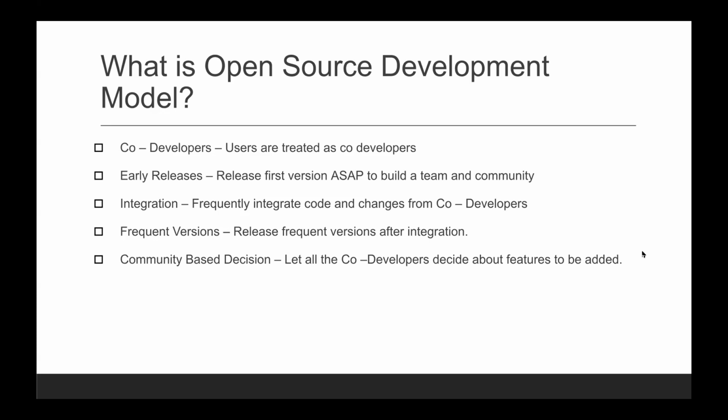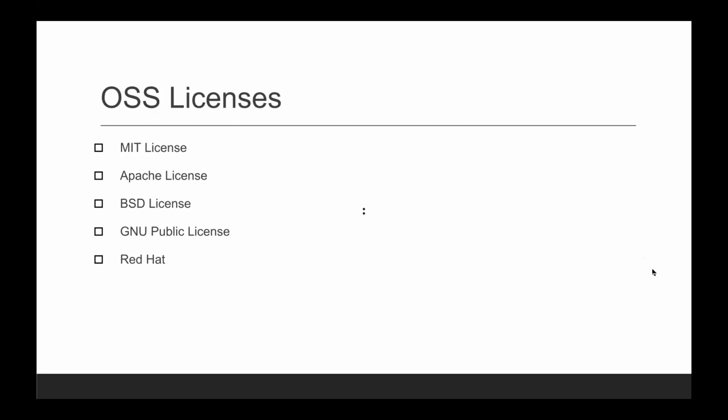There is a poll going on. People will contribute yes, no, and based on the majority and the collaborative decision, it is decided whether we want to do the development or not. So that's a community-based decision, right? So this is some of the open source development models nowadays in practice.